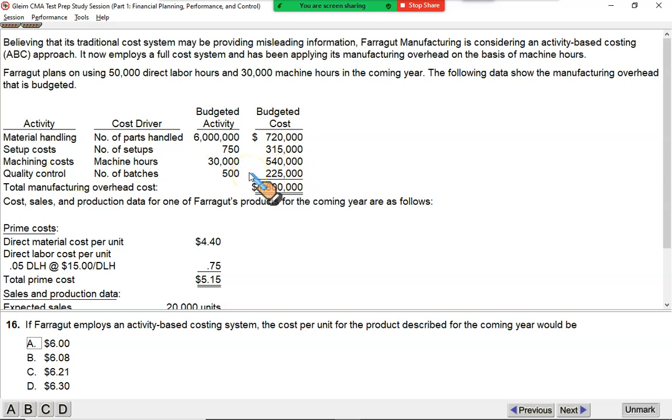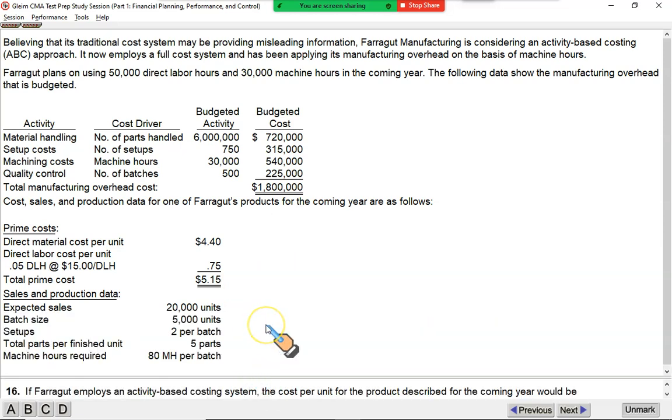Yes, it is complex. ABC is complex, make no mistake. But it results in much more effective cost control and much more effective costing. We will now have to establish these cost pools, identify the suitable drivers, establish a rate, and use that rate to value the product. Let us do it now in detail. It's going to be a little time consuming, but it should explain the idea fully.